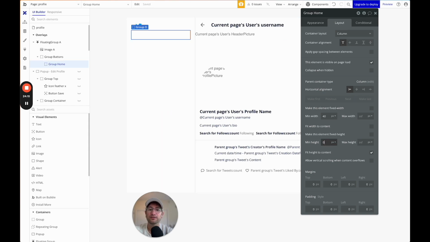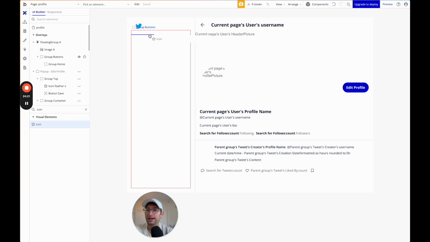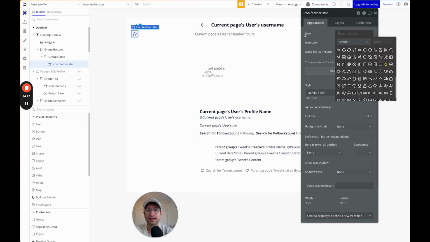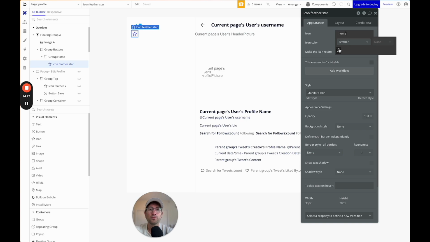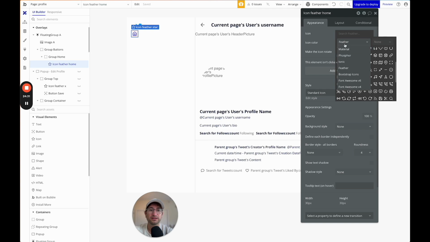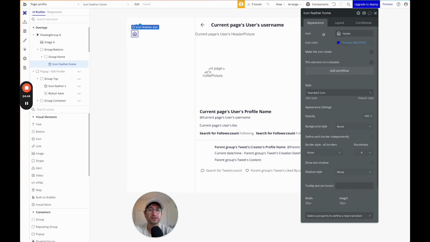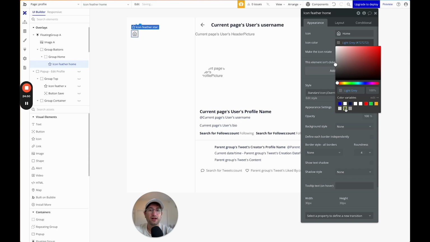Min height of, let's just keep it at 5. Let's keep it at 20 right now, and we'll change it in a second. The icon just makes it easier to drag in an icon if we have a height. So this is going to be home. So we can do, let's do a different one. Let's see what we have as options for home. Okay, we can just do this one here. And then for the color, we'll do